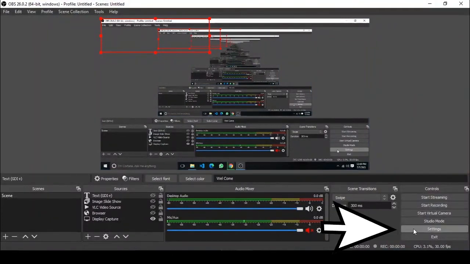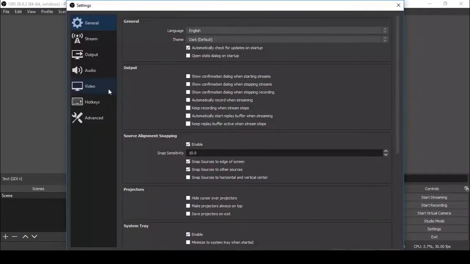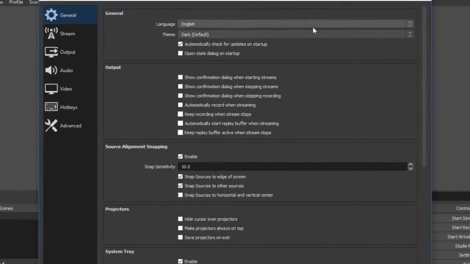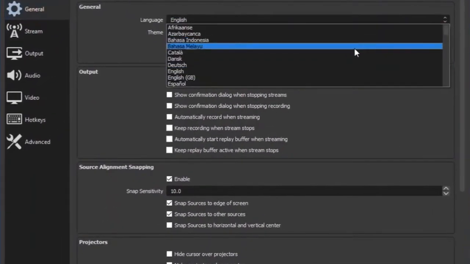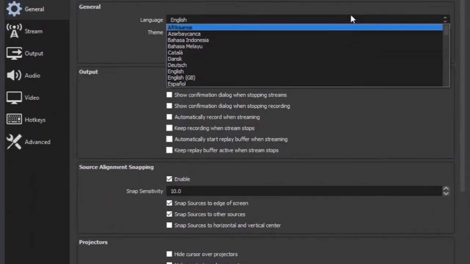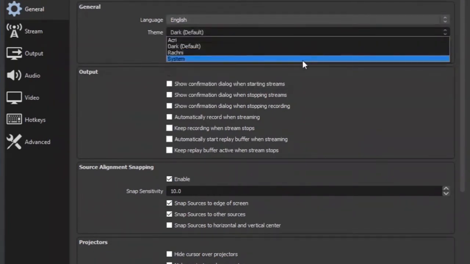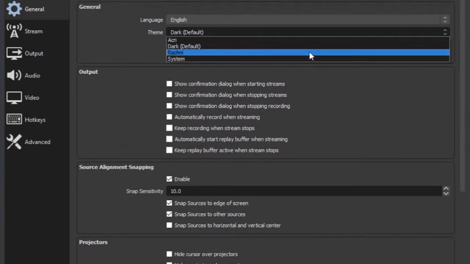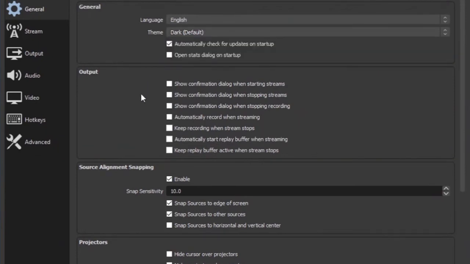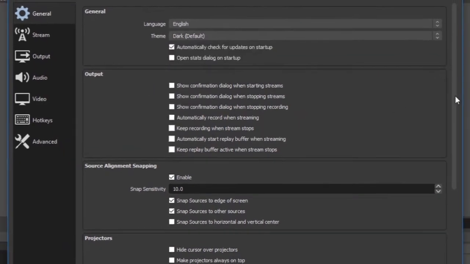Go to settings under controls. Here are all the settings in each category. I will point out a few of the settings. First, we will look at the general settings, where you can select from a variety of languages. You will also have the option of selecting one of the themes, which will alter the appearance of OBS.